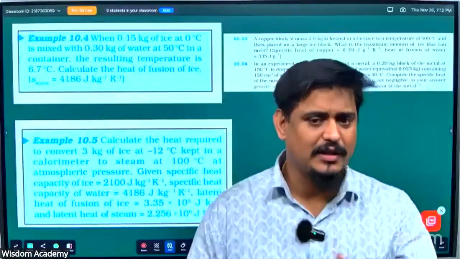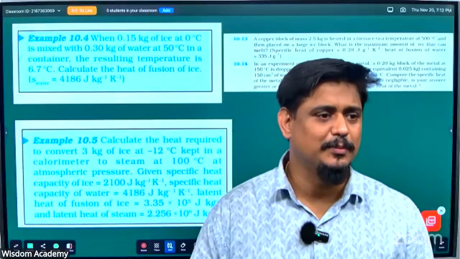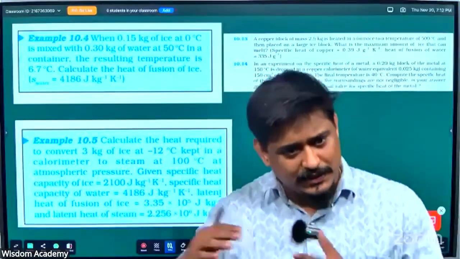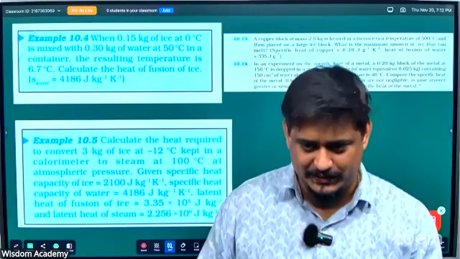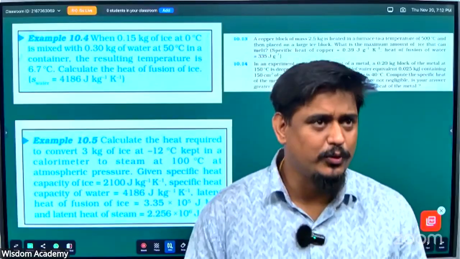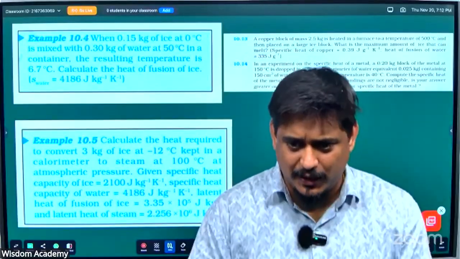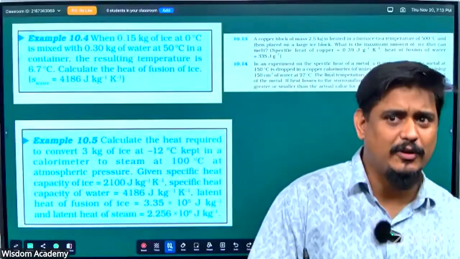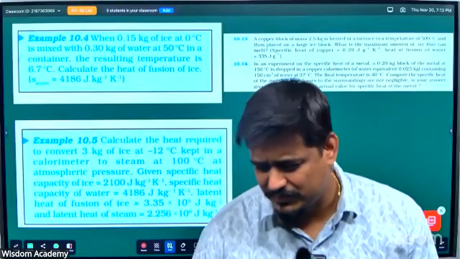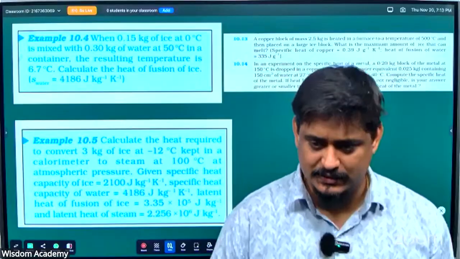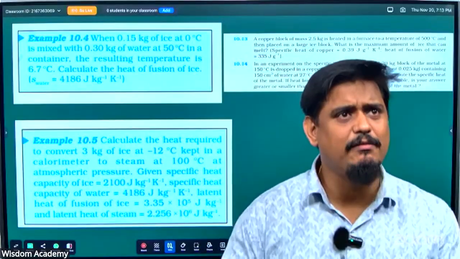Today, I thought of starting fluid mechanics from where I left. But once again, you will forget what I was teaching there. That fear I have. So today I'm going to complete the part of calorimetry. A bit of it is remaining, expansion in solids, that I will teach. And then I will move to fluid mechanics.